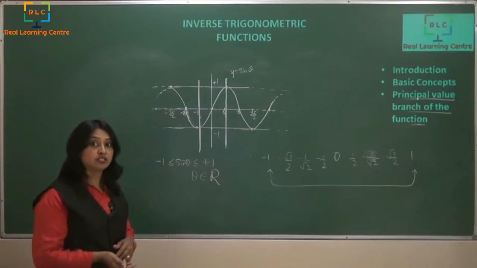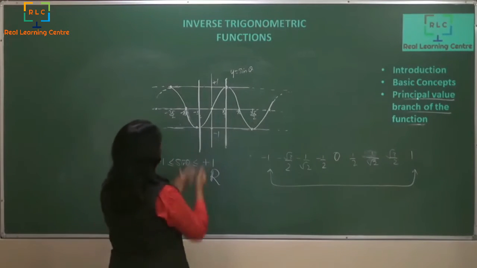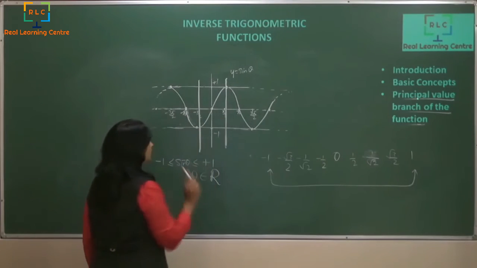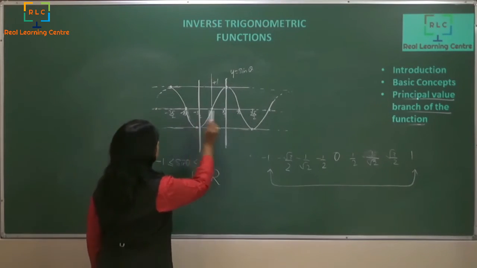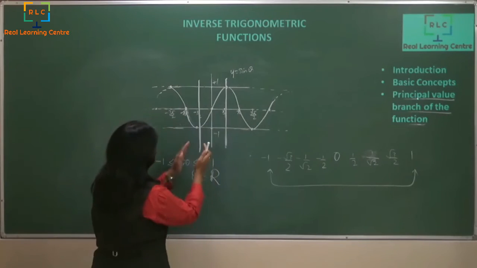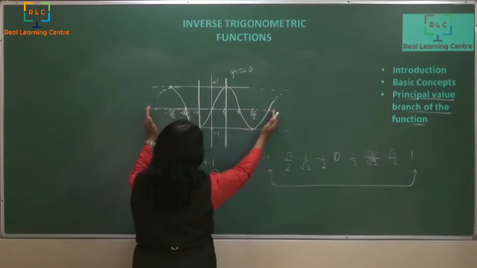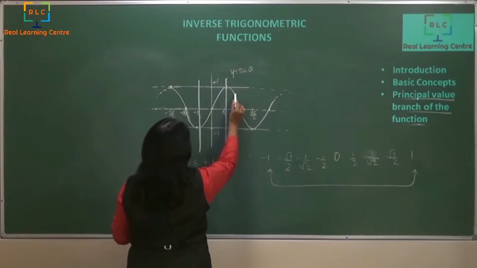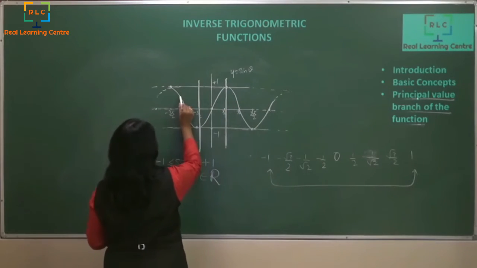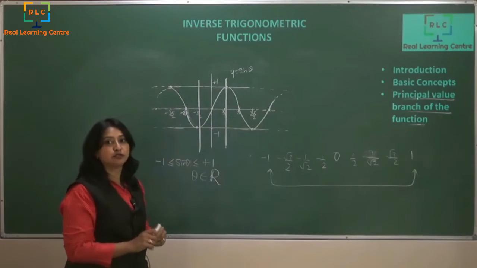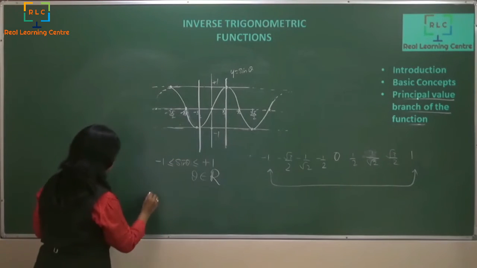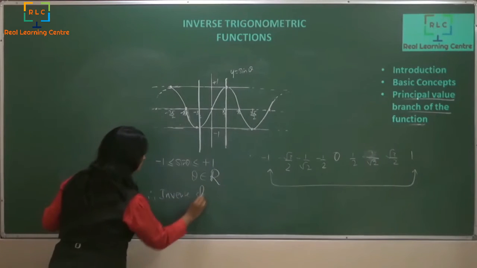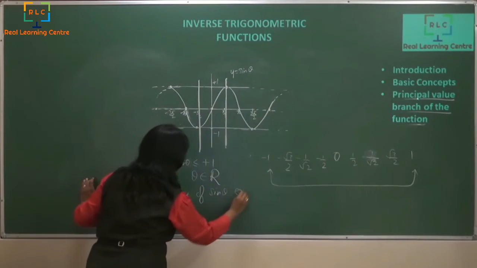But when it comes to inverse trigonometric function, if I want this function to have its inverse, then the graph should be cutting the x-axis only once. That can happen only between the angle minus pi by 2 and plus pi by 2. Once I go beyond that, the x-axis is again cut and the values are getting repeated. This value will be as good as this and this, and so I cannot take the values where it is getting repeated. Therefore, inverse of sine theta exists